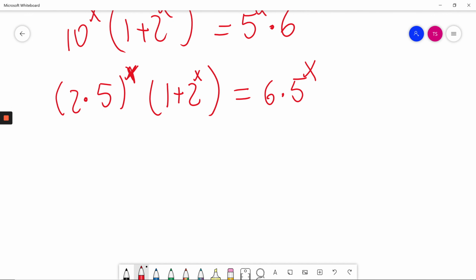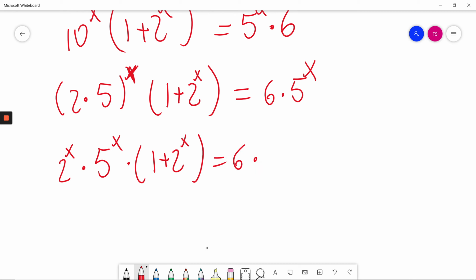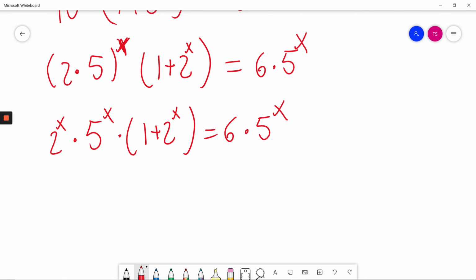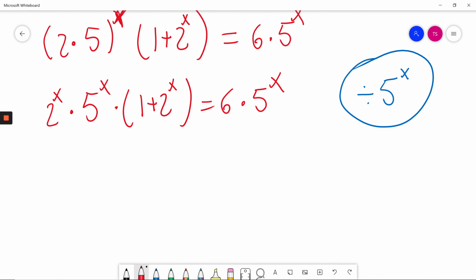Now 2 times 5 to the power of x will be the same as 2 to power of x times 5 to power of x. At this moment, I can see I have 5 to power of x on both sides of the equation, so I will divide both sides of the equation by 5 to power of x. Then I'll get